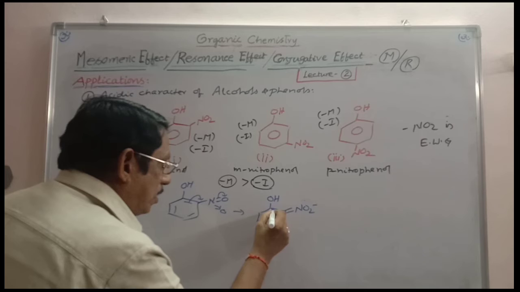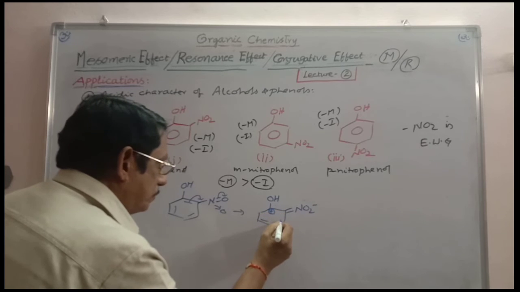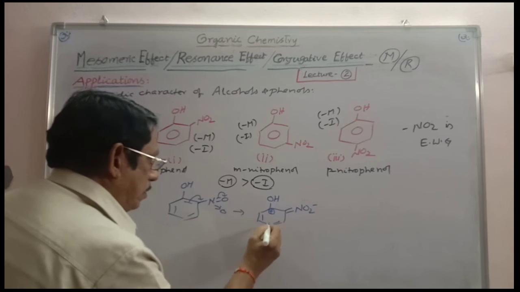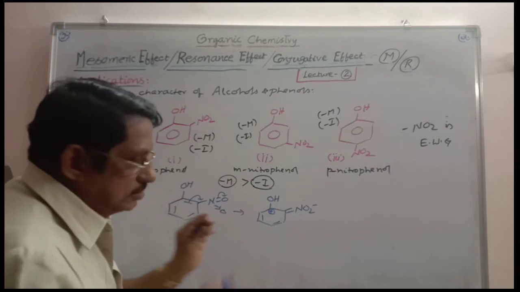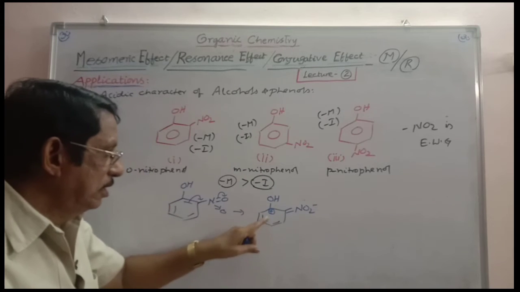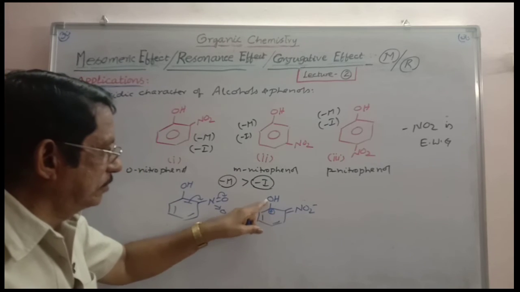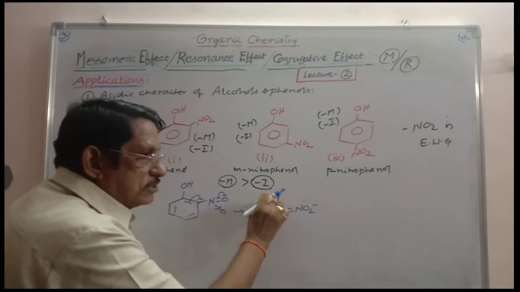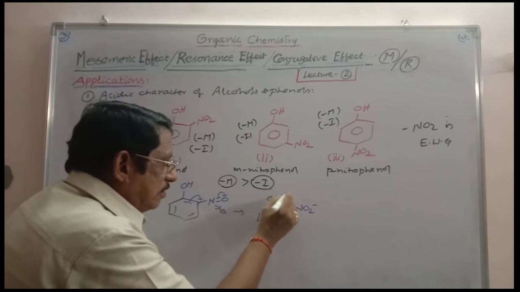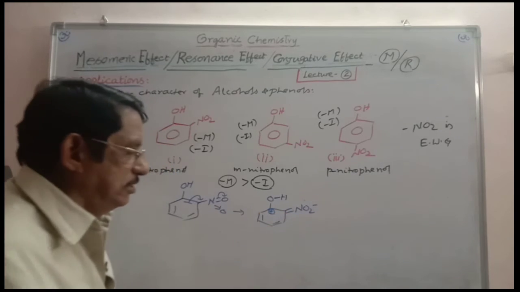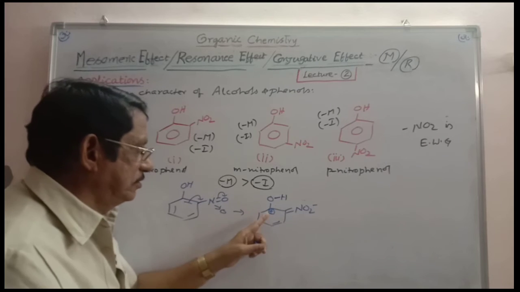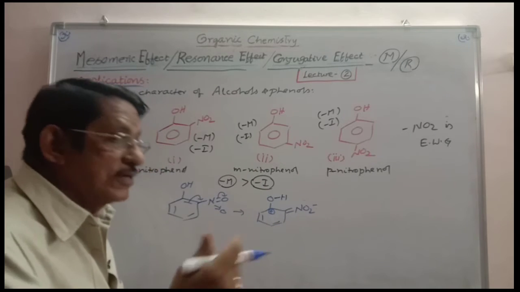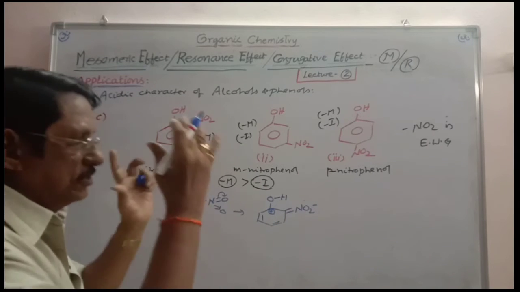Here positive charge is obtained on the carbon to which the OH group is attached. This is sufficient to explain. Whenever the positive charge is directly obtained on the carbon to which OH group is attached, it is seeking the electron cloud from the O and thereby the OH bond is weakened. The OH bond is weakened and so proton release becomes easy. In that way the acidic character is increased. Due to the positive charge on the carbon to which OH is attached, the effect is more and more. Mesomeric effect is strictly present here.